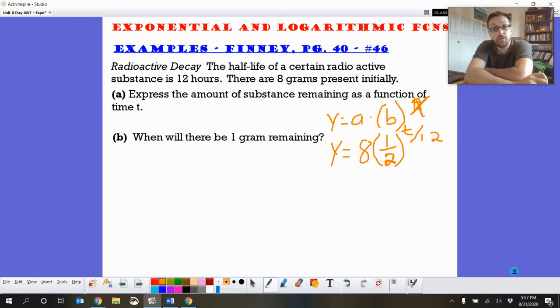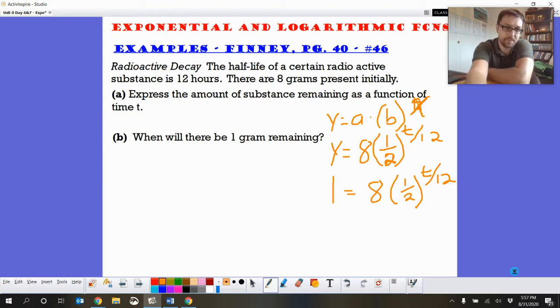We want to figure out when there will be 1 gram remaining. So when 1 is our y value. So we've got 8, and we've got 1/2, and we've got t, and we've got 12. Now, don't be tempted to, well, you can be tempted, but don't do it. Multiply that 8 and 1/2 together. That 1/2 has got an exponent on it. We can't multiply those two together. I am going to get rid of it, though, by dividing by 8. So we get 1/8 equals 1/2